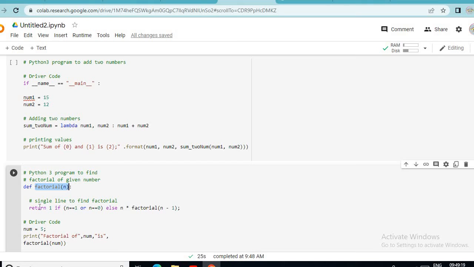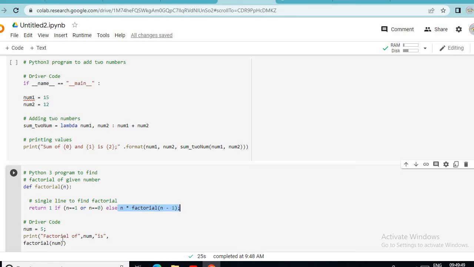Now only a single line is there for finding the factorial of a number. Return 1 if n is equal to 1 or n is equal to 0. That means if the value of n is 0 or 1, in that case the factorial is 1. Otherwise, in the rest of the cases you have to write n into factorial in brackets n minus 1.